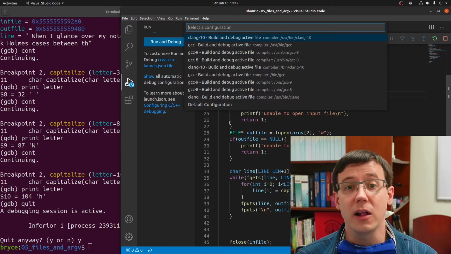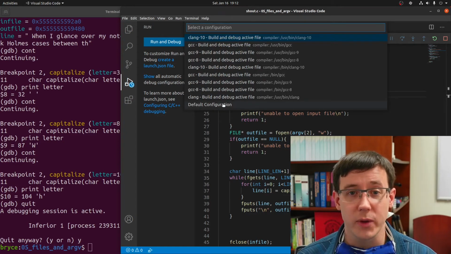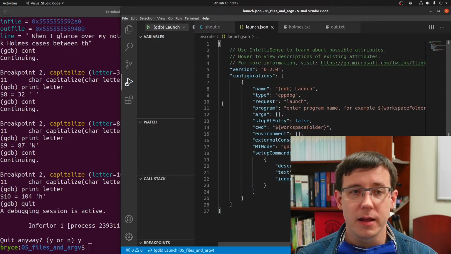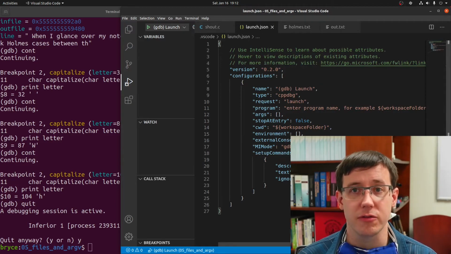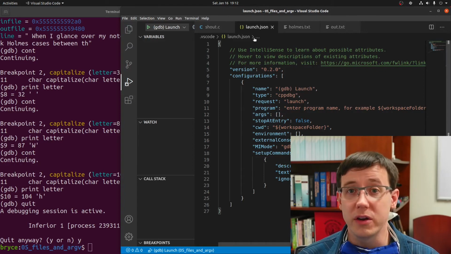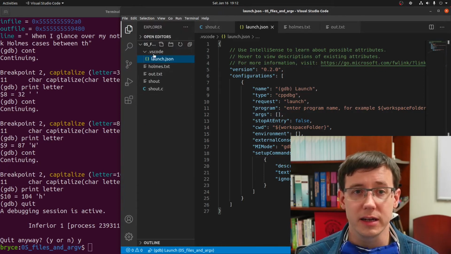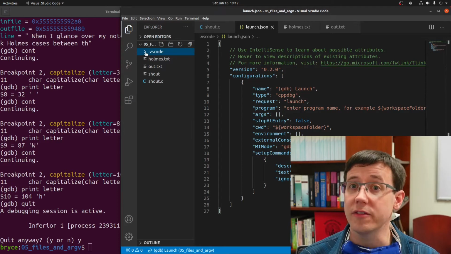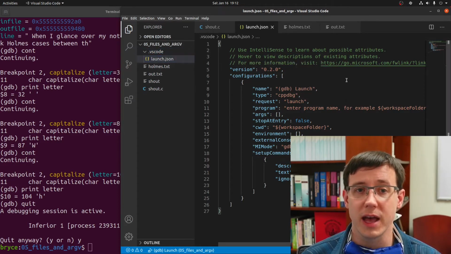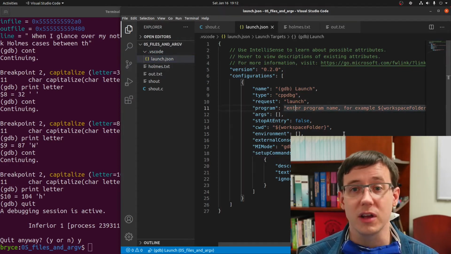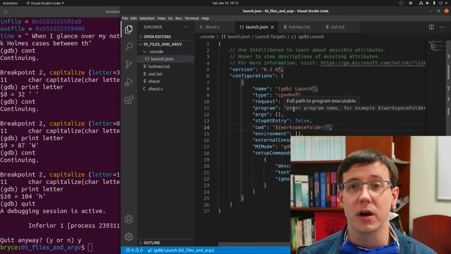And so now I'll select the default configuration, and at this point it takes me to a launch.json file. This file is the configuration for the VS Code debugger, and if you want to come back to this file later, it lives in the .vscode directory that was created inside the current folder, and then we have the launch.json file. And the reason that it sent us here is that we need to tell the debugger how to run